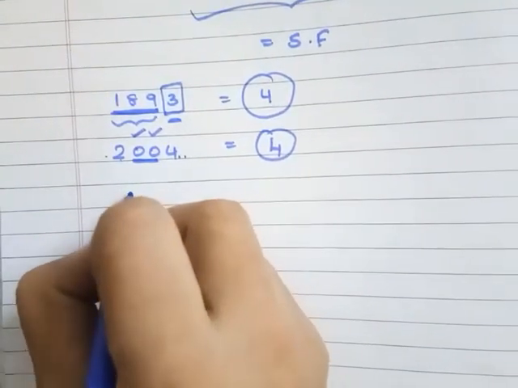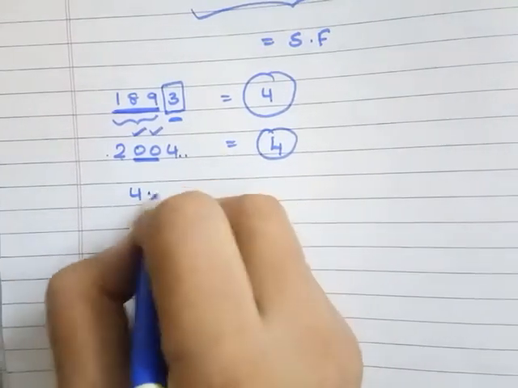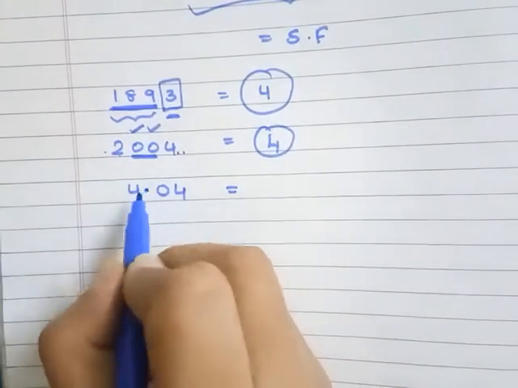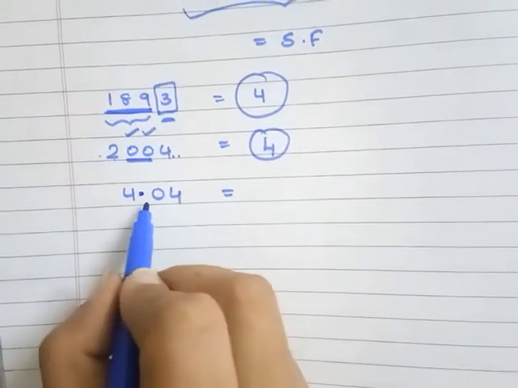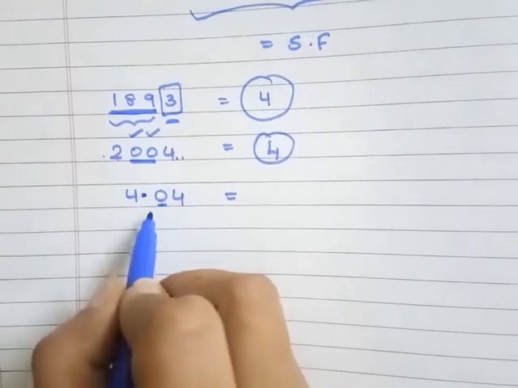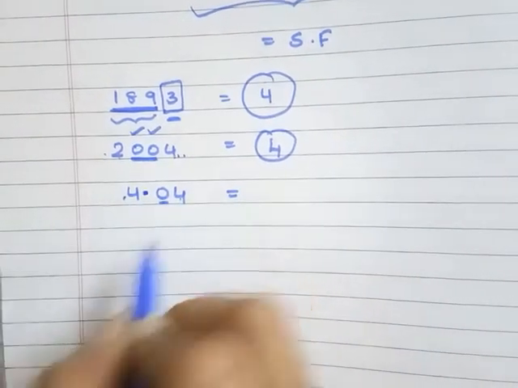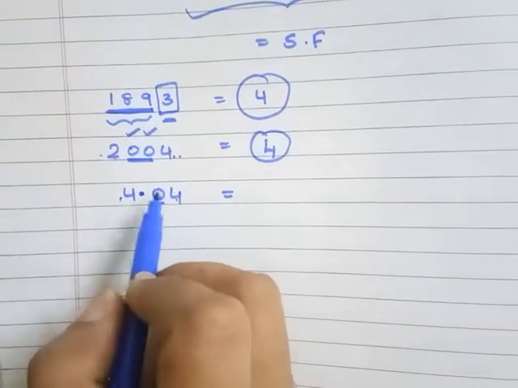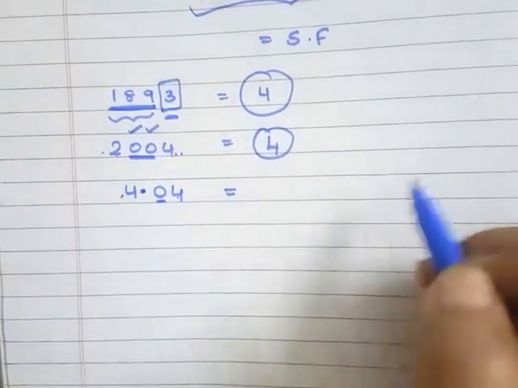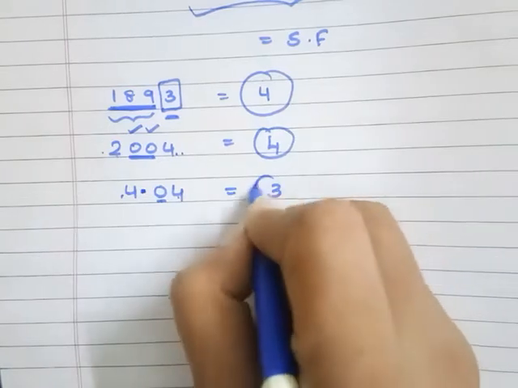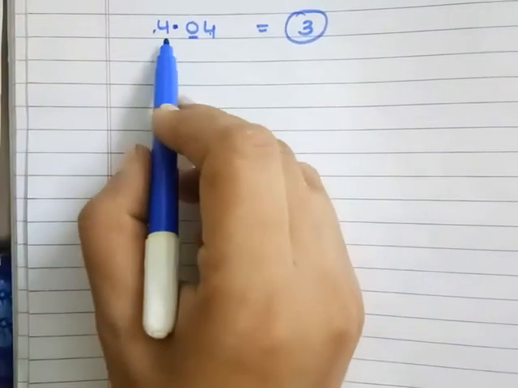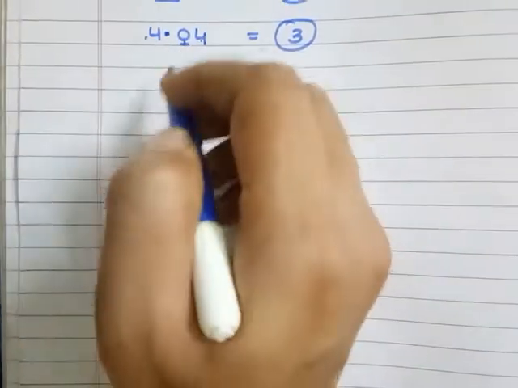If I have a number as 4.04, again now you can see I have a decimal point, and after the decimal point I have a non-zero number 4 and a digit 0. So non-zeros need to be considered in significance, and this 0, when it is to the right of the non-zero digit or to the right of the decimal point and it is in between two non-zero digits, then it is significant, that is, you need to count it as a significant figure. So in total how many significant figures? 1, 2, 3. 3 significant figures.